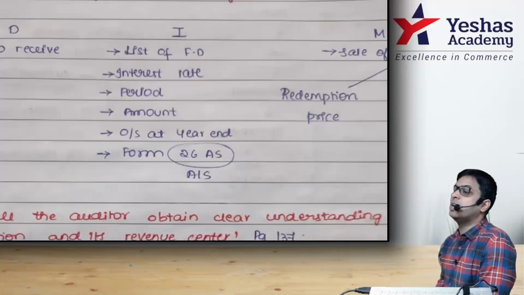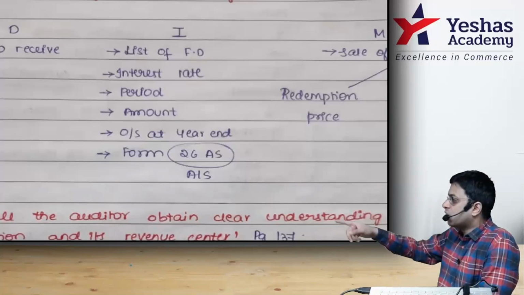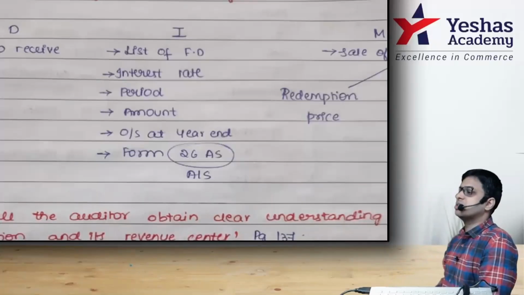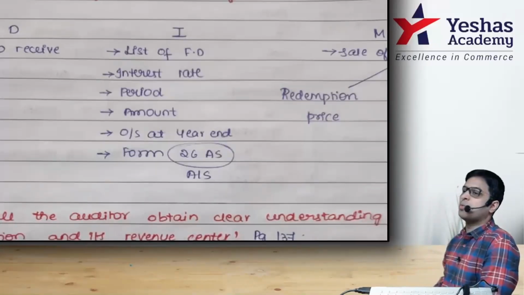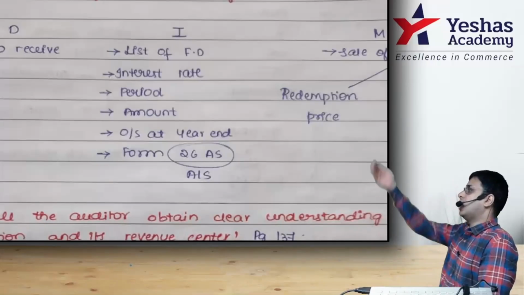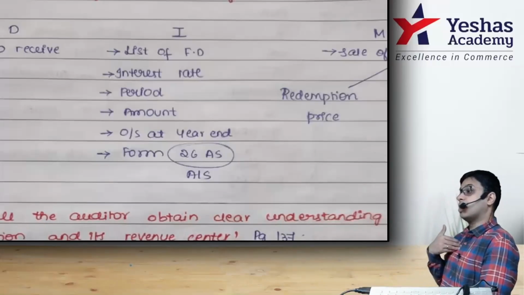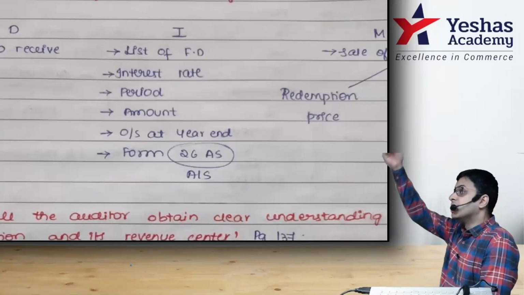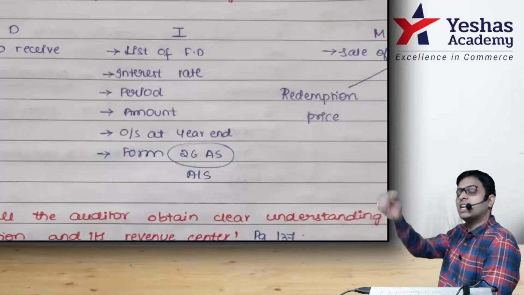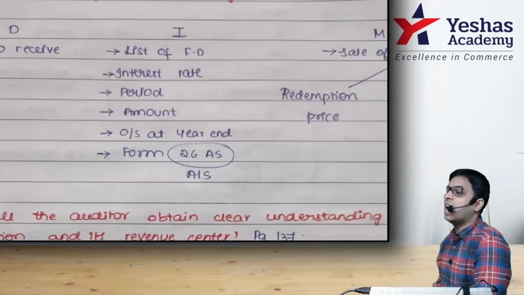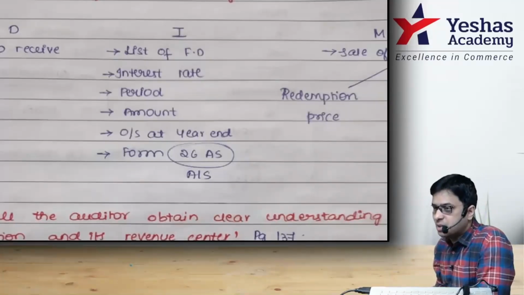And the last point is you will check a form called 26AS. That is basically for TDS. In today's times this is there, but there is also a form called the annual income statement that the government gives, that is called AIS. Whenever you have to fill your return of income, the government will show this is your AIS. According to government records, having spoken to the income tax authorities, GST authorities, all the authorities, we come to know that this is your income. They will tell you all your income, and you have to show this in your income tax returns. That is called the annual income statement. Simple, very easy.